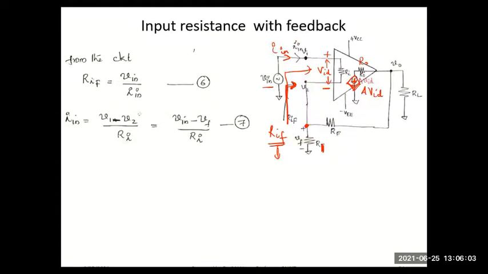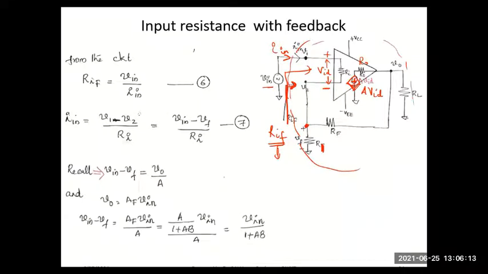Naturally, if I want to find what is the resistance offered by this whole circuit, that is a measure of the input resistance. You have to find what is the resistance offered by this whole circuit to this input source. You know the input source, you know the current it is sending. So just divide Vin with In. It's the same procedure what we did in amplifiers.